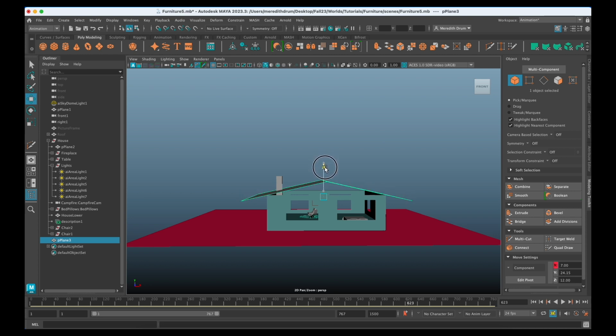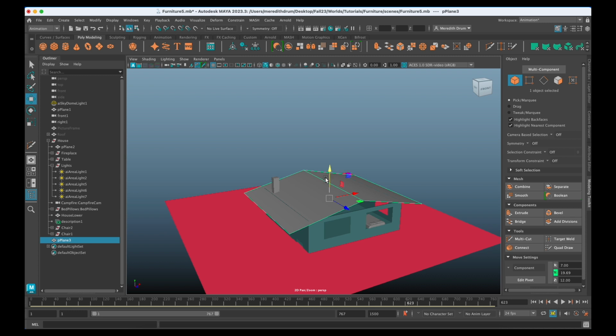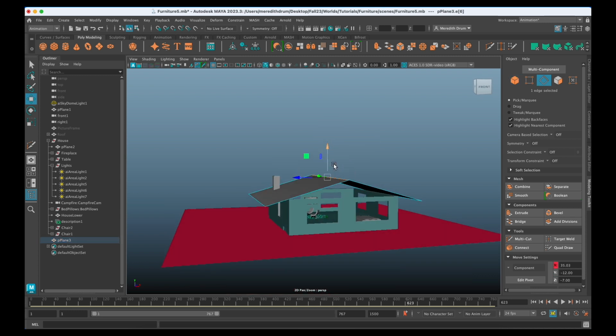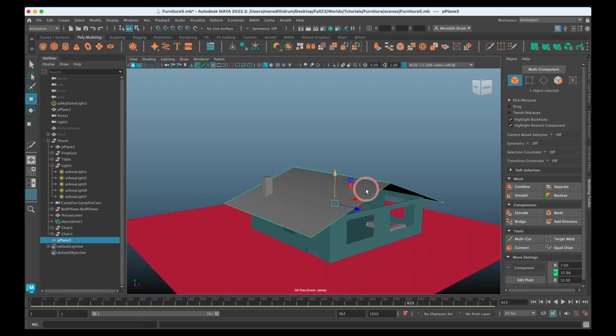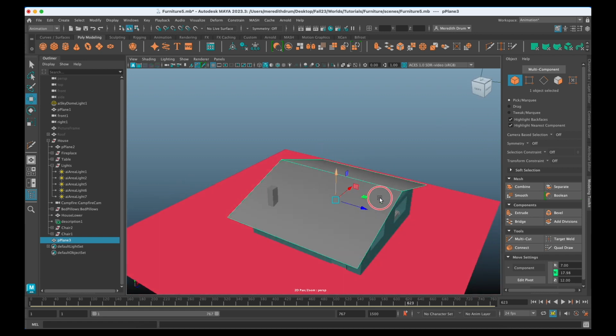Let's bring it down so we can see what it looks like. Maybe we want that roof line to be, it's a little extreme. Edge up a bit more, maybe. Something like that. Again, it has some pretty big eaves, which is sort of an extreme modernist look. So we'll take those in a little bit.